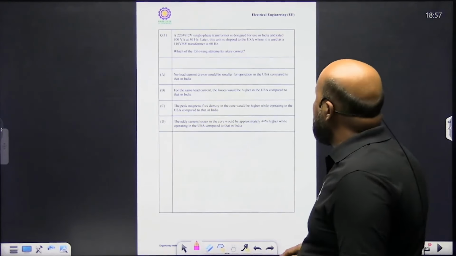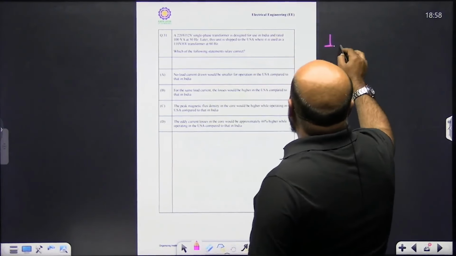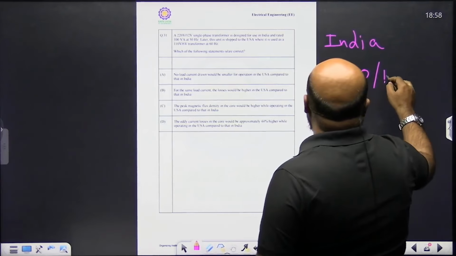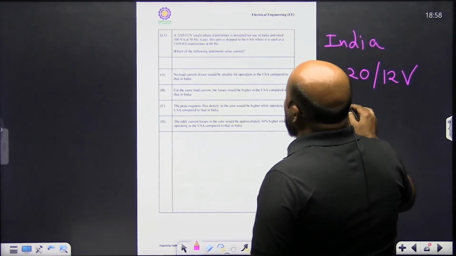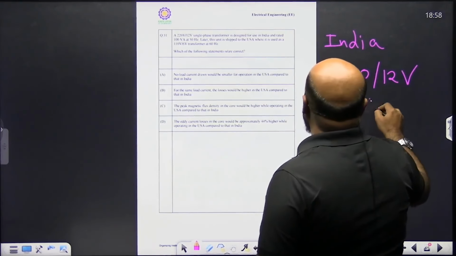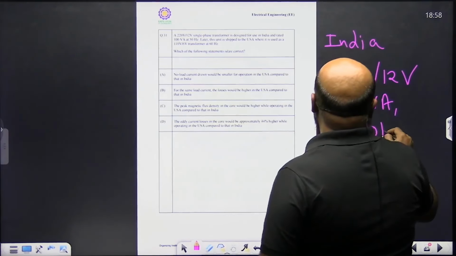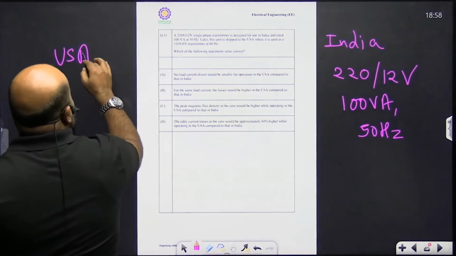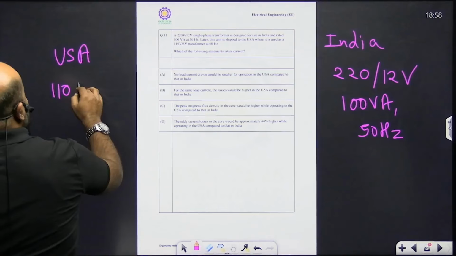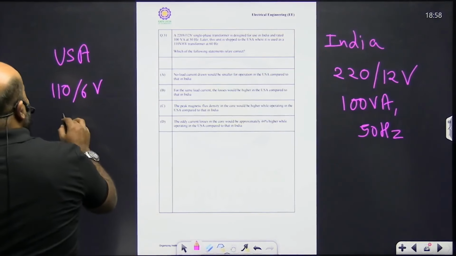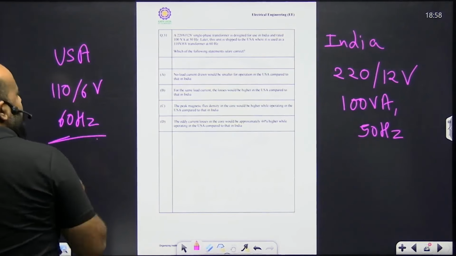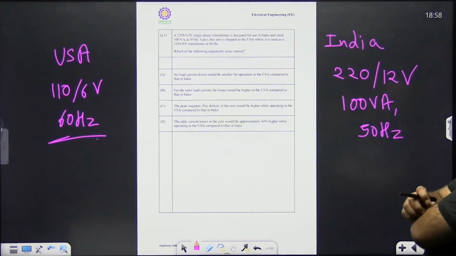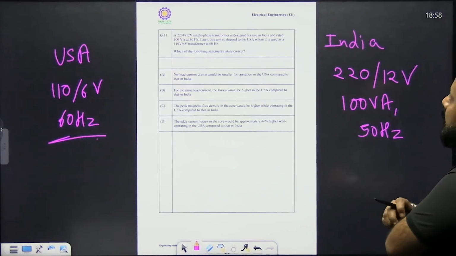देखो ये क्वेश्चन है, तो ये कह रहा है कि अगर आप इंडिया की बात करो, ठीक है, तो एक 220/12 वोल्ट्स सिंगल फेज ट्रांसफार्मर है और इसकी जो रेटिंग है वो है 100 वोल्ट एम्पियर और इसकी जो फ्रीक्वेंसी है वो है 50 हर्ट्ज। कह रहा है इसको यूएसए भेज दिया गया और अमेरिका जाने के बाद जो इसकी वोल्टेज रेटिंग है वो है 110/6 वोल्ट और इसकी जो फ्रीक्वेंसी है वो है 60 हर्ट्ज। अब देखो क्वेश्चन में क्या पूछ रहा है। क्वेश्चन में पूछ रहा है कि नो लोड करंट यूएसए में और इंडिया में उसका क्या कंपैरिजन होगा, और साथ ही साथ ये एडी करंट लॉस के बारे में भी पूछ रहा है।